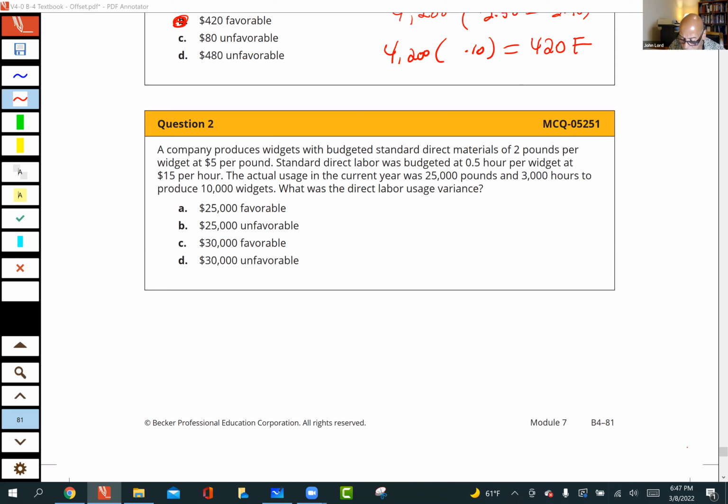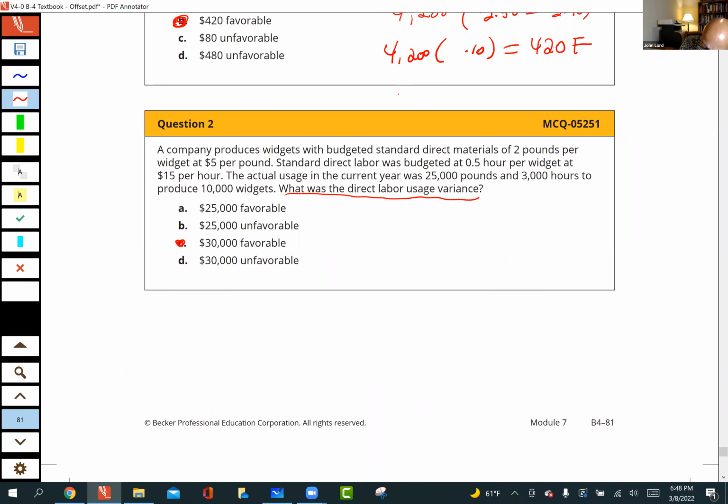So I'm going to go ahead and stop sharing that though. But the correct answer here is C. A couple people picked D, and I've got a way of correcting that. If you take that result and put the C and D together, we've got pretty strong outcome here. But anyway, the reason I'm calling out C and D here is they both have 30,000 in there, but this was a favorable variance. So what happens? They're asking me for the direct labor usage variance. That's the same as the efficiency variance.